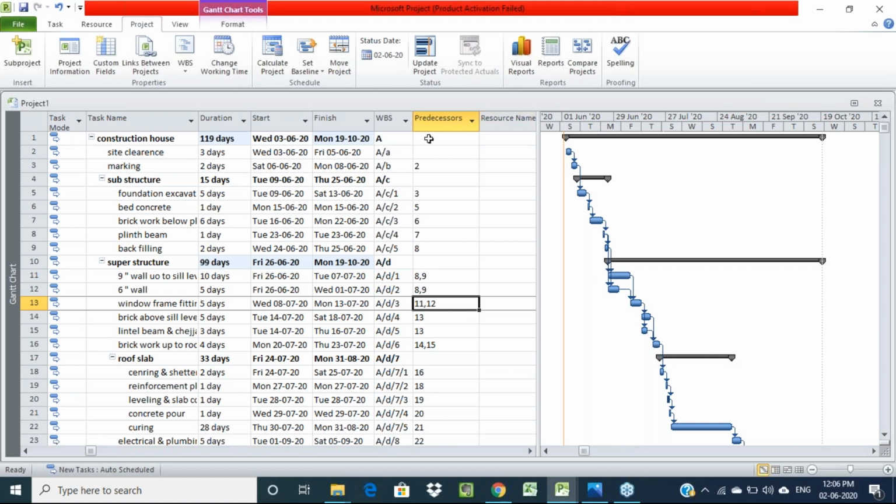Simultaneously, the total project duration we can also observe here on the top, construction of house. That is 119 days duration. It is not as per actual dates, I have randomly given some durations, and based on that we got 119 days for our work. Like this, for each and every activity you can see here: for construction of substructure you require 15 days, for superstructure you require 99 days, and for overall construction of house you require 119 days, based on whatever duration is given.